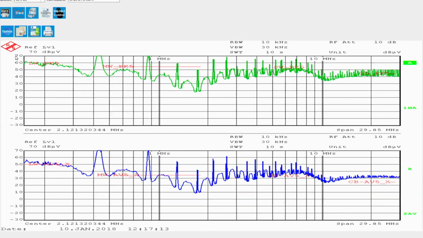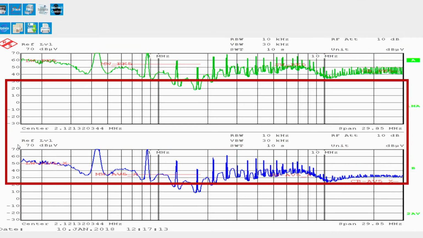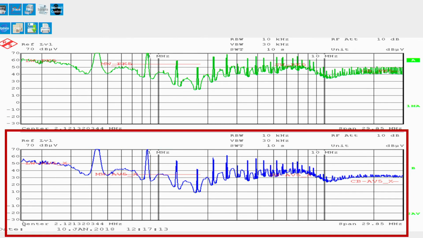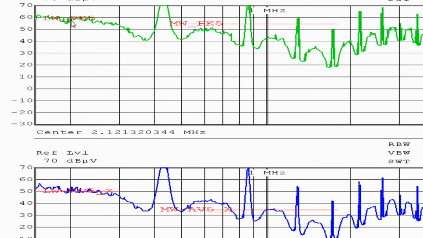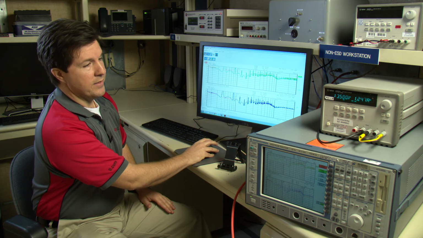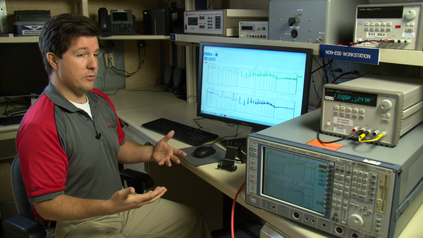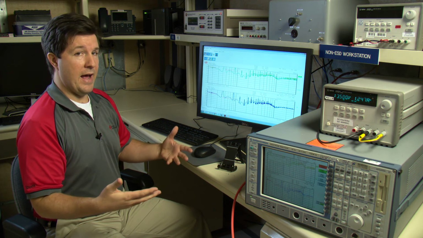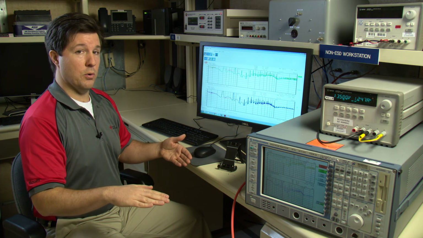We have on the top a peak conducted noise measurement, and on the bottom we have an average conducted measurement. Now the peak and average have different limit lines, and so what you'll see is that the peak limit line here is higher than the average limit line here. And the reason for that is a peak measurement is a worst case noise measurement, so the limit line's a little higher, and an average measurement is an average of several different measurements, and the measurement tends to be lower than the peak measurement.